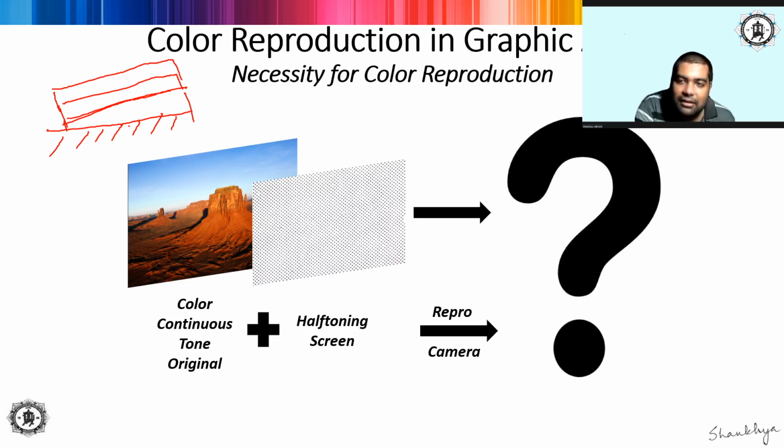Pardon my painting, I am not a good painter. Let us say you have got three colors, that is C, M and Y. All these inks have been printed on top of each other. What will be the resultant? Why did I say earlier that the combination of cyan, magenta and yellow will basically give you black color? The reason is this: if you analyze this particular thing, here you see the three colors.